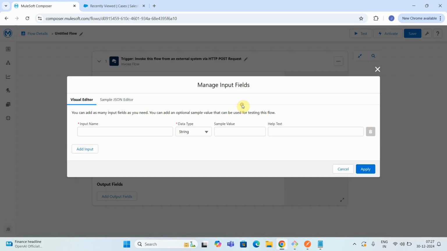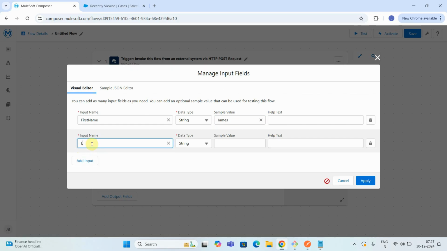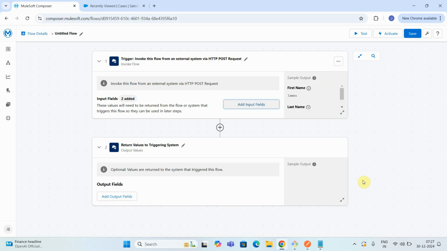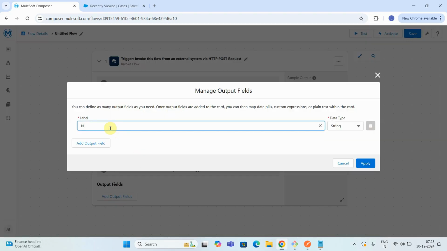Right, I will add a few input fields. I just want a first name as my input. I will give some sample value, I will say James. Then I want a second input as a last name. I will just say John. I will apply. Okay, the next thing, I want to add this first name and the last name, and I have to give the output as a name. So I will add output field, and I can just say name,